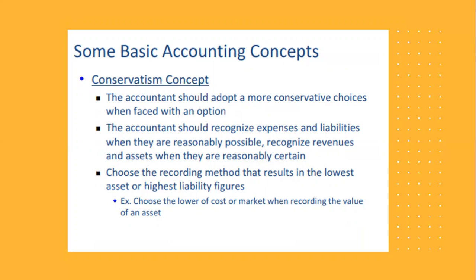And so, for example, if you have to choose the lower of cost or market when recording the value of assets, so always, when given a choice, you always want to go on the side of being conservative, or being on the lower side. So for example, if there was an asset where you have a choice of how much it cost you versus what the price is in the market, you always want to go with the lower of the two when putting it on your financial statements. So that's basically